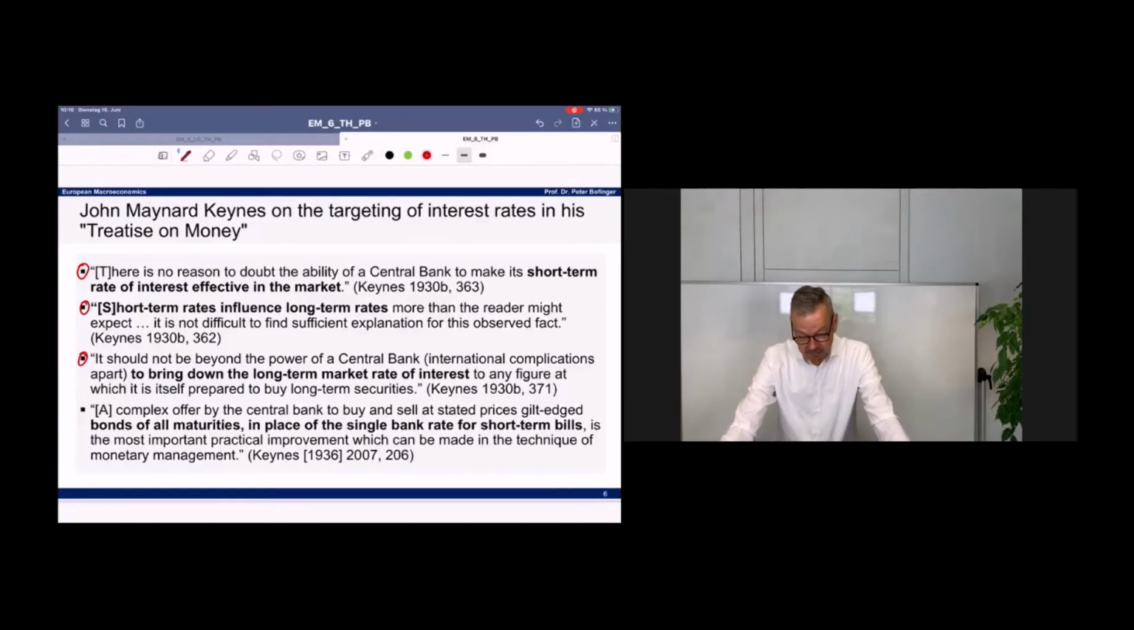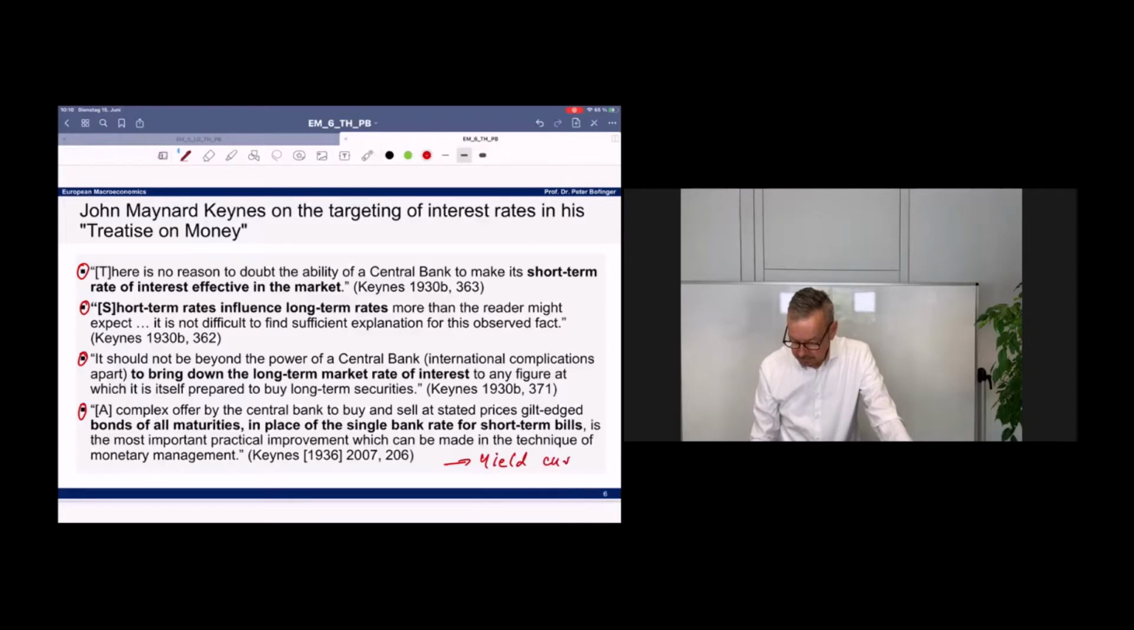And then what is very nice, it says a complex offer by the central bank to buy and sell at stated prices gilt-edged bonds of all maturities in place of a single bank rate for short-term bills is the most important practical improvement which can be made in the technique of monetary management. And this was in his general theory. And we will see